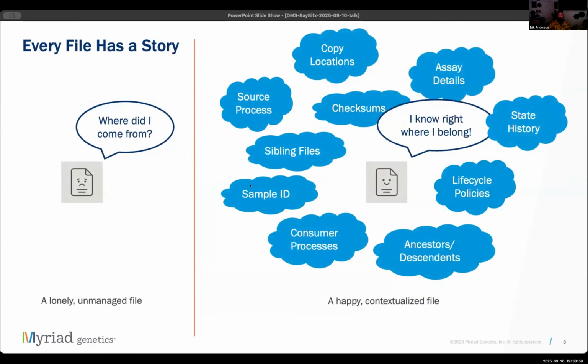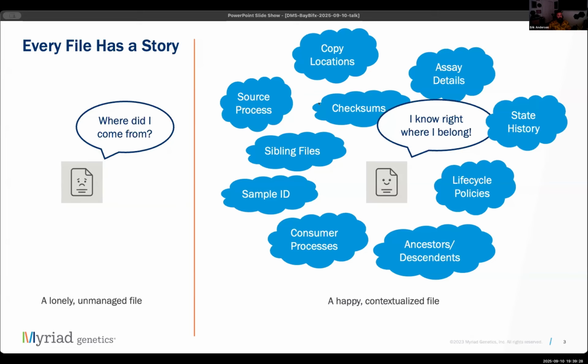So we rolled up our sleeves and considered how we think about our analytical data. We thought about how to contextualize our data so we can find it, understand it, and manage it. We wanted to prevent mystery data like here on the left, without a clear origin or purpose. A lonely orphaned file without context isn't just an anomaly, it's also a very real liability. If we don't know a file's story, we can't manage that file without risking operational or compliance hiccups.